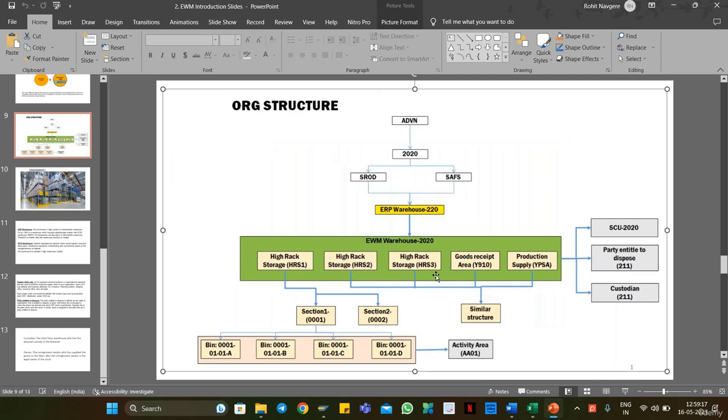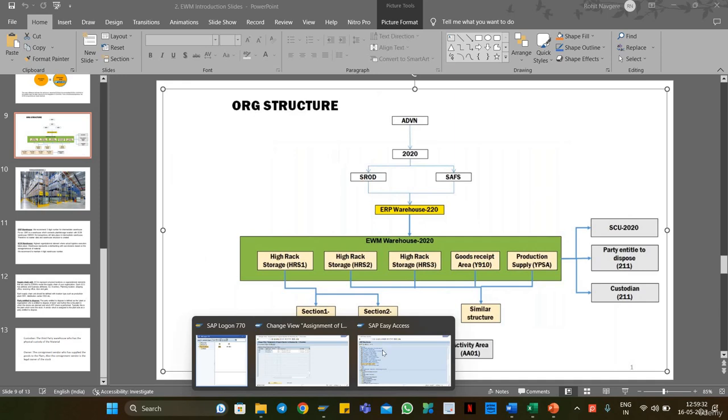So in that case, we have a topic called availability group. So based on the availability group, we are going to identify the storage location. Okay, so if I go into the system,